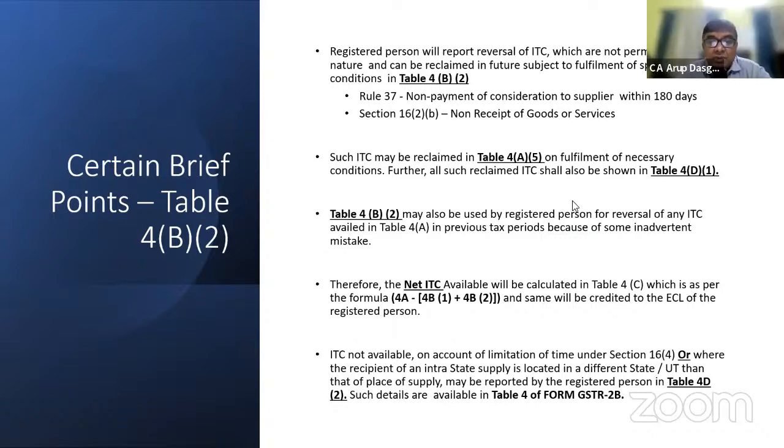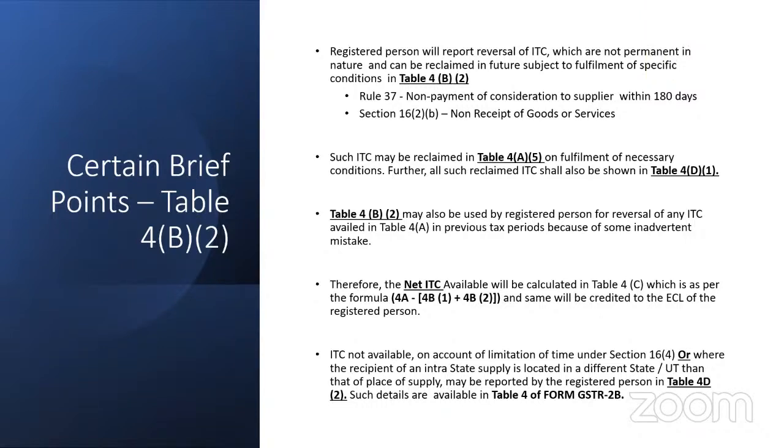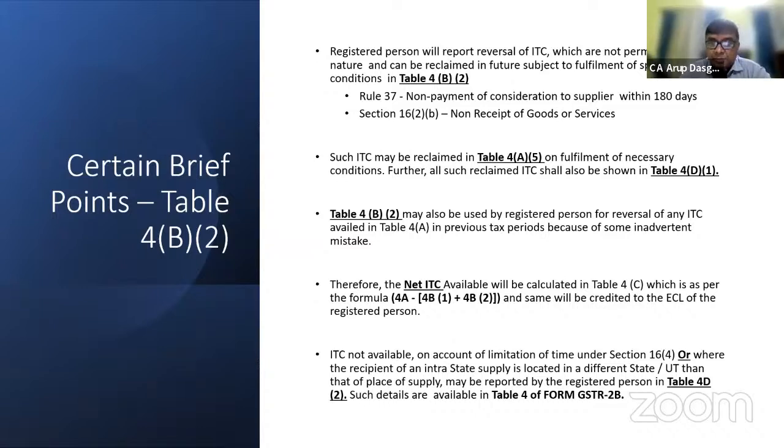What is the temporary reversal? The temporary reversal is where, due to non-payment of consideration to supplier within 180 days, you have to reverse the credit. So मैंने credit ले लिया है, but 180 दिन में मैंने creditor को payment नहीं किया। तो इस situation में as per rule 37 मुझे reverse करना पड़ेगा ITC, और मैं जब payment करूँगा उसके बाद मुझे वो दिखेगा।